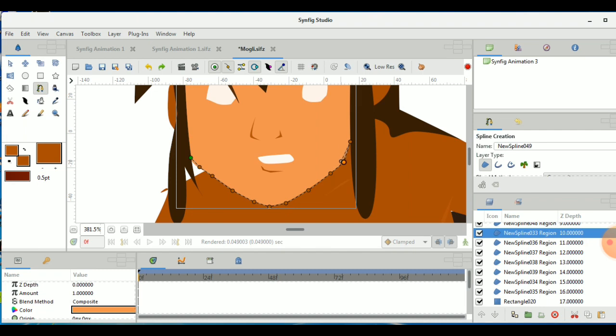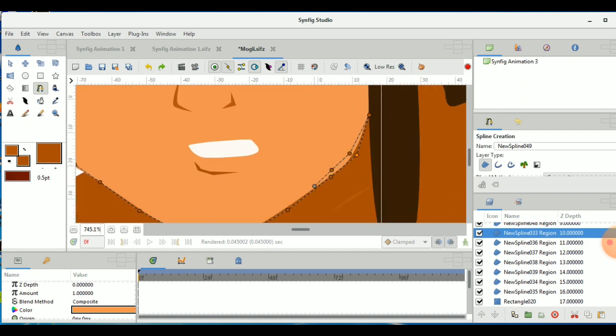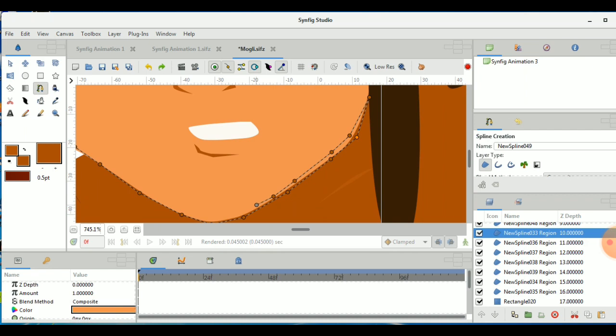I have added the spline tool again with the fill region, and I'm going to add a shade as I added to the lower abdomen, chest, collarbone, nose, and lower chin part.